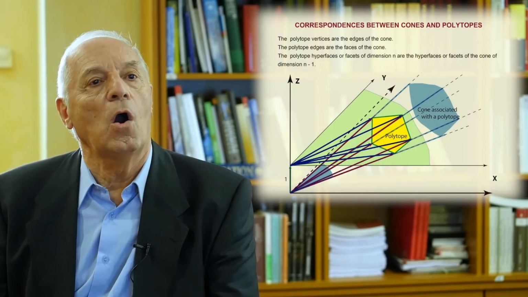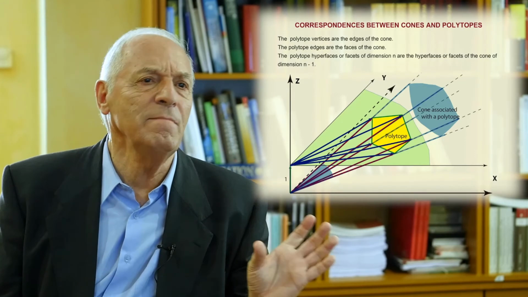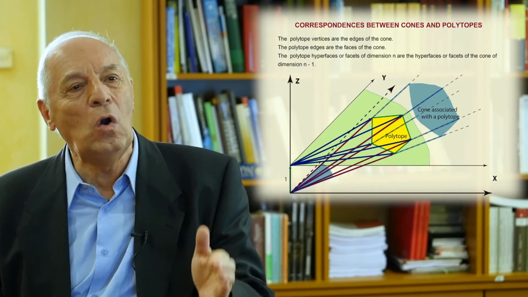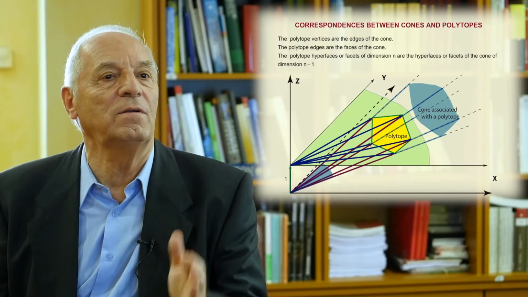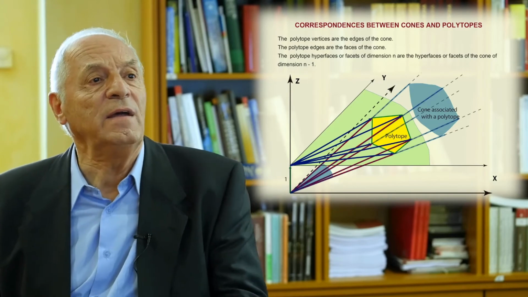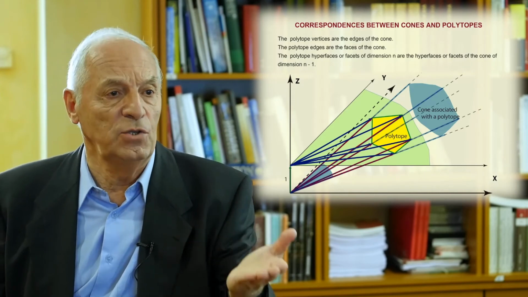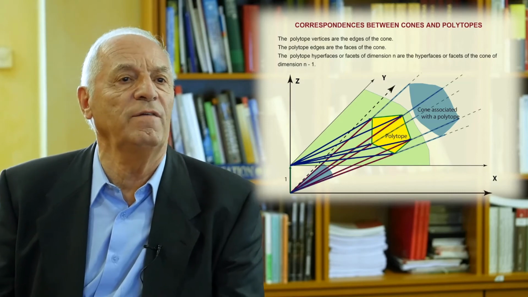It is also very interesting to obtain the faces or the facets of any dimension of a polytope or a cone. The algorithm, in addition to giving the dual cone of a given cone, gives you all the facets of any dimension. In reality, you have at the end of the algorithm the facets of dimension n minus 1. By intersection of those, you can obtain the facets of any dimension. This is very interesting and will be described in the course.